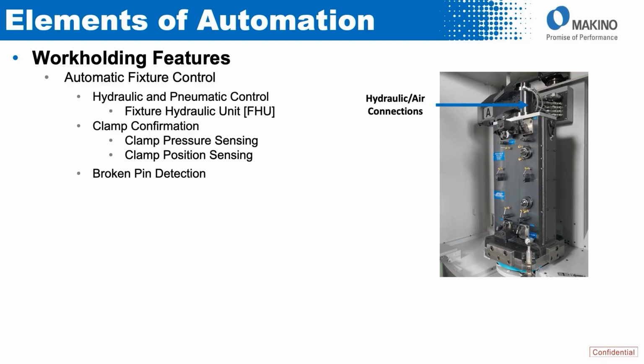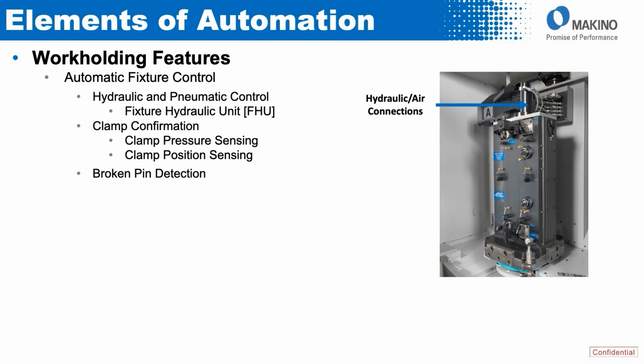Looking at the clamp confirmation, whether the part is clamped or unclamped, the fixture is clamped or unclamped, we've got a couple of different ways that we're able to do that. By far the most common way is through clamp pressure sensing. So we've got pressure sensors. We detect that the clamps have reached a preset pressure setting. Once they reach that pressure setting, then we know that the part is clamped in the fixture. Same with the unclamp sequence. We have pressure sensors on the unclamp side, so we know that when we reach our unclamp pressure,